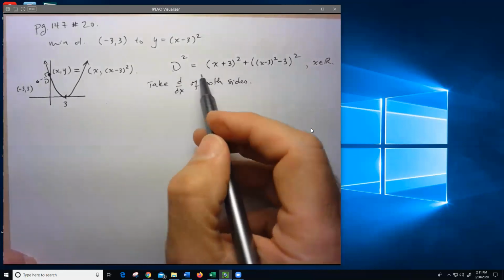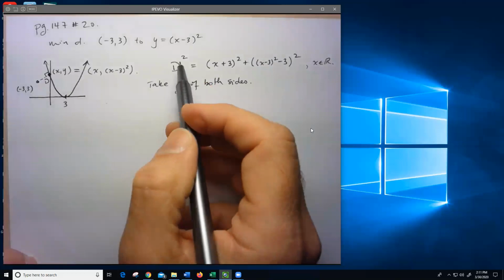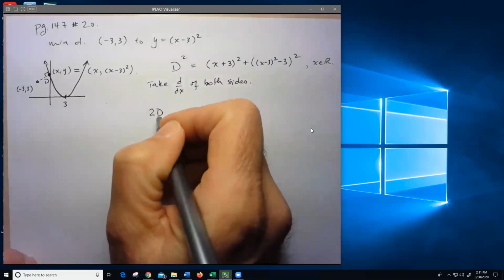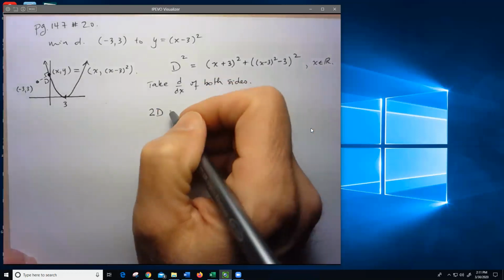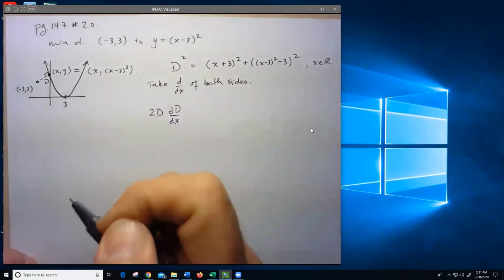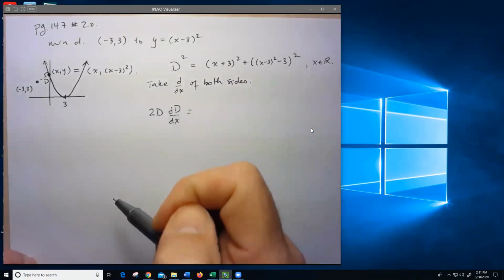And so here there's going to be a lot of chain rule. If I'm taking the derivative of this with respect to x, first I take the derivative of the outside function, which is going to be 2d, and then I'm taking the derivative of d with respect to x. All right. And this is going to be the thing that I'm going to want to make equal to 0